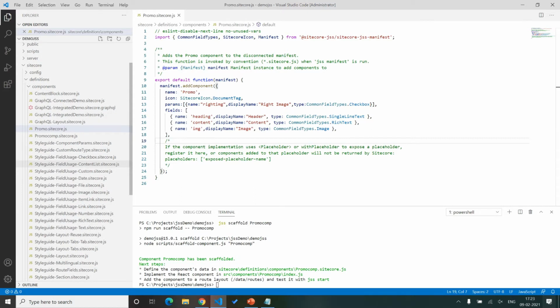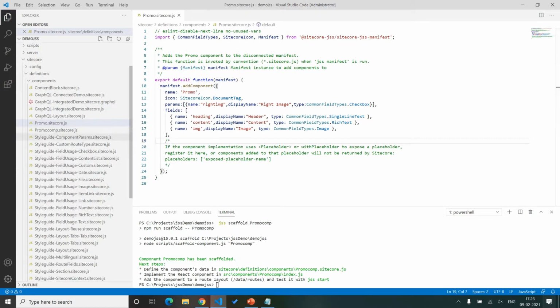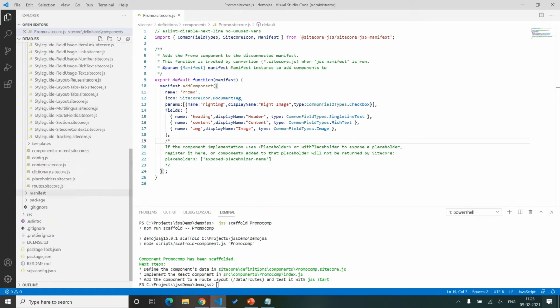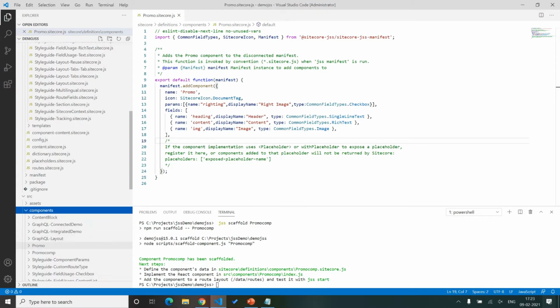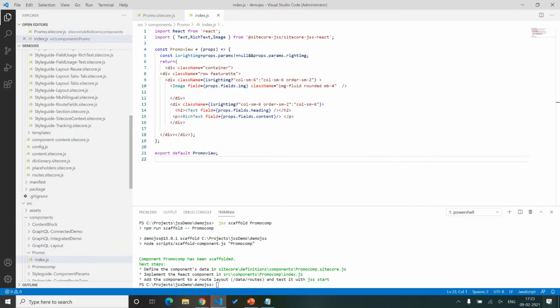We also need to modify our view file, which is responsible for the entire HTML. Let me go to our view file. It's available in src, component, your component name and then index.js.